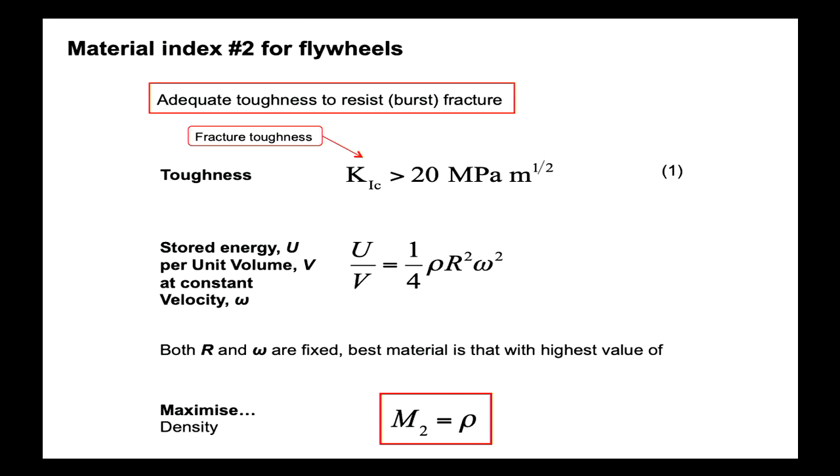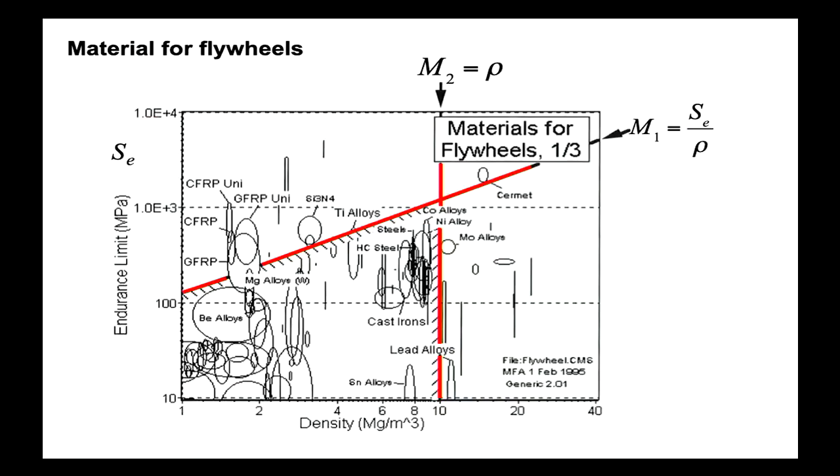And we've got our stored energy per unit volume at a constant velocity, so that's another nice little equation. Both radius and speed are fixed, and so we'll be looking for the best material with something as simple as maximising density. So we're just cancelling out a whole heap of stuff. Energy per volume, density. So it's quite a simple measure. And then thus,